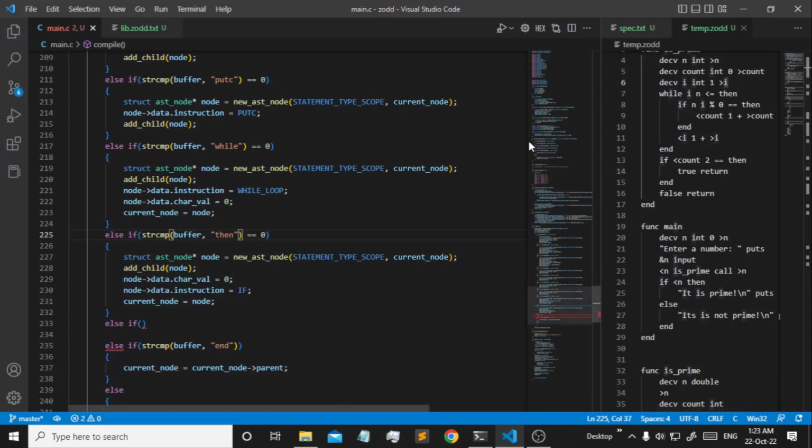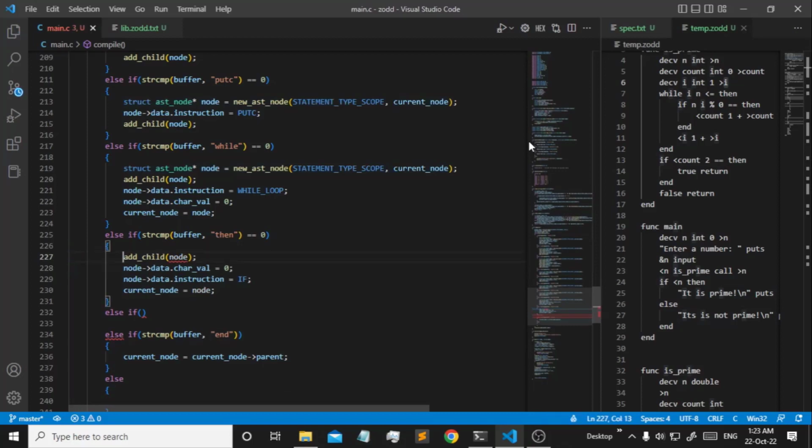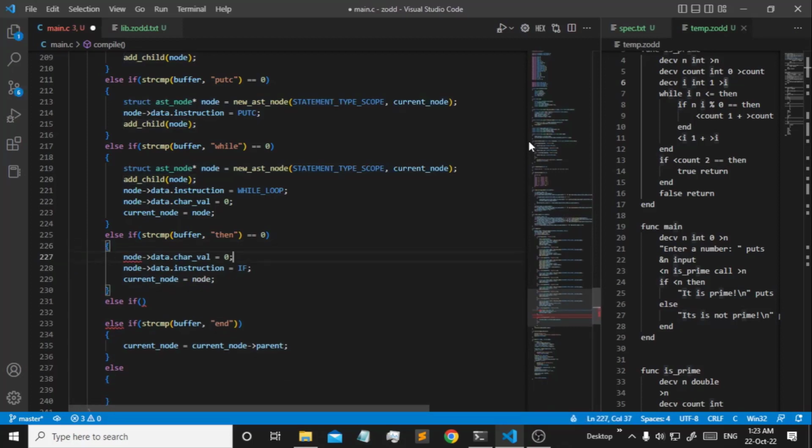Whenever we are encountering a then, what will we do? Rather than creating a new node, because that is not exactly a node, we're just separating it, we're just segregating it, so rather than creating a new node, the current node